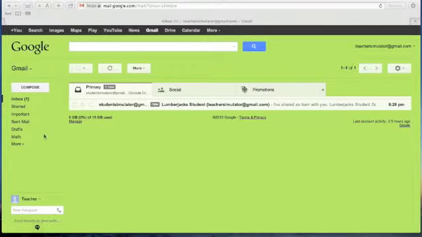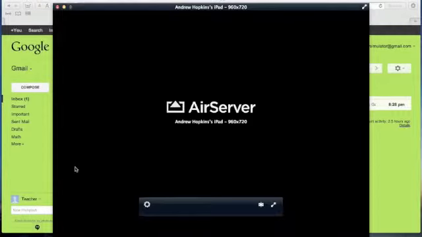Now that works out great, except the staff has multiple classes they teach and multiple students. So the inbox is going to become very populated with a lot of material. So what I found out in Google is you can do what's called labels, and I have a math label here. So I'm going to go back into my iPad,